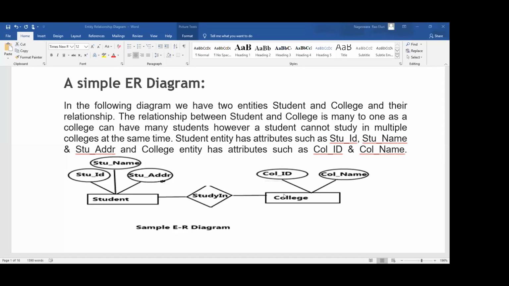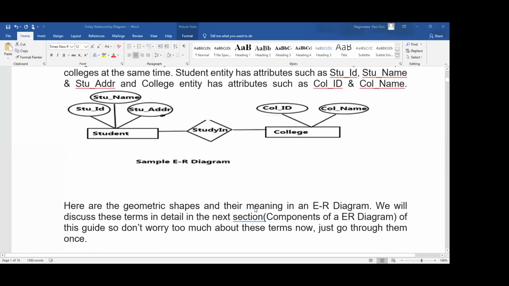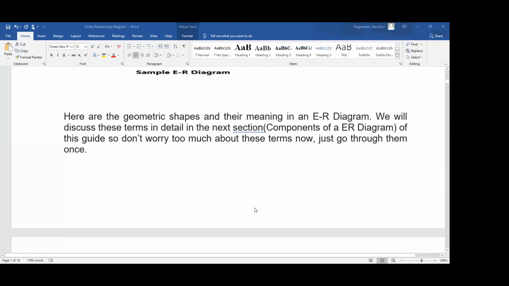Many students are in the college, but the college is only one entity here. So we can say student studying in college is a many to one relationship. However, a student cannot study in many colleges at the same time. That point you have to remember.